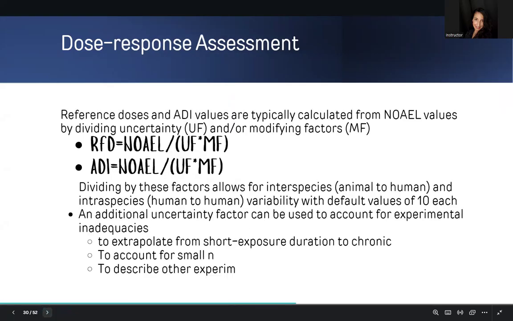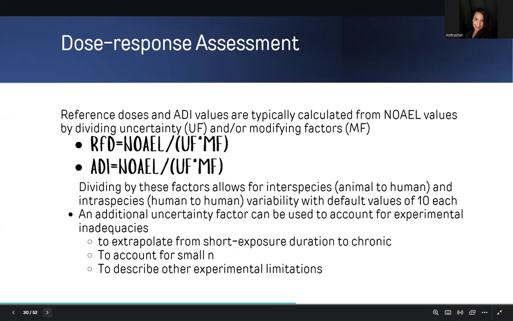Reference doses and ADI values are typically calculated from NOEL values by dividing by uncertainty factors, or UF, and or modifying factors, which are also abbreviated as MF. So the equations are listed here. RFD, or the reference dose, equals the NOAEL over the uncertainty factor times modifying factors. And the ADI, or the acceptable daily intake value, equals the NOEL divided by the uncertainty factor times the modifying